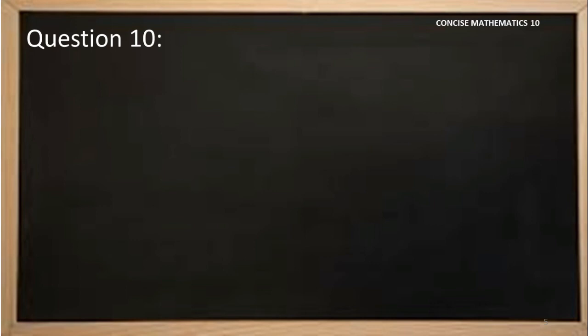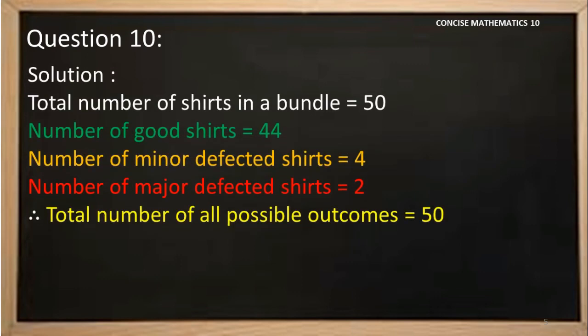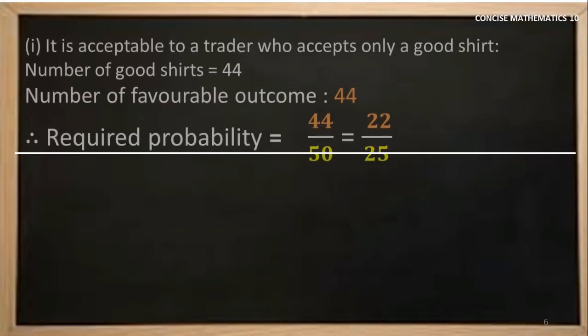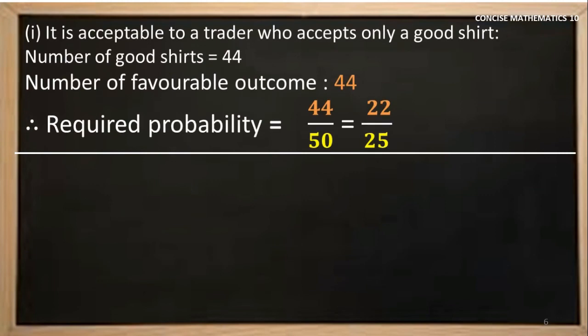In a bundle there are totally 50 shirts. Among these 50, it is categorized as good shirts 44, minor defected shirts 4, major defected shirts 2. Hence, the total number of all possible outcomes is equal to 50. Minor means lesser damage, major defect means more damaged or more defected. Now, the first sub question says that it is acceptable to a trader who accepts only a good shirt. How many good shirts are there? 44. So, as there are 44 good shirts, probability will be equal to 44 by 50,